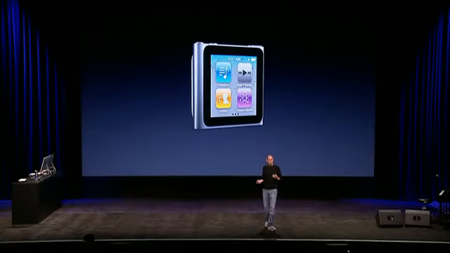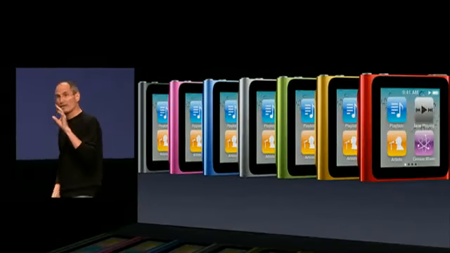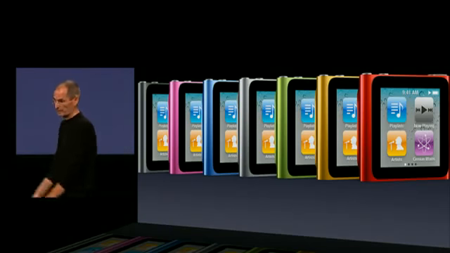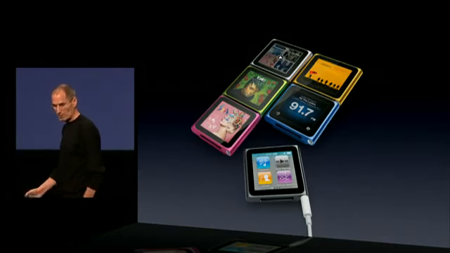The new Nano comes in the same 4 colors the new Shuffle does, plus 2 more. Graphite, and we're doing a product red version where some of the profits go to the Global Fund. And so we're really excited about these. They're really